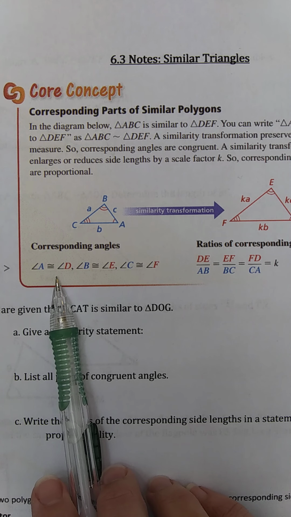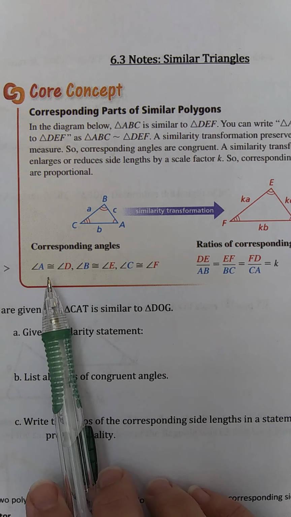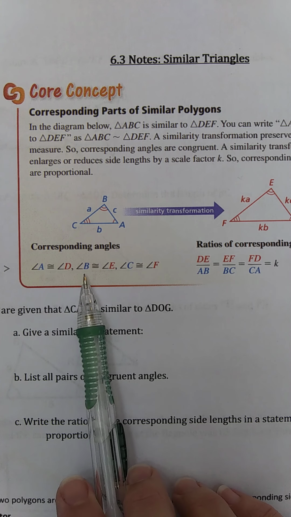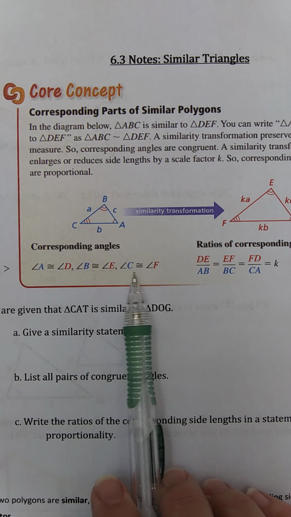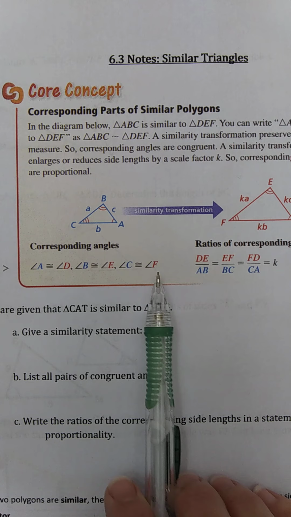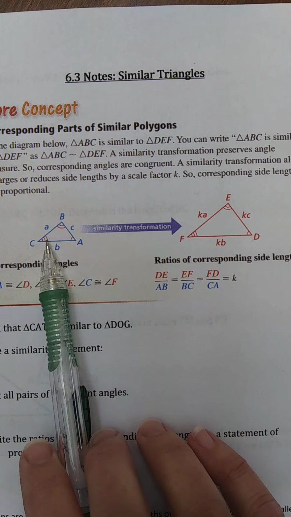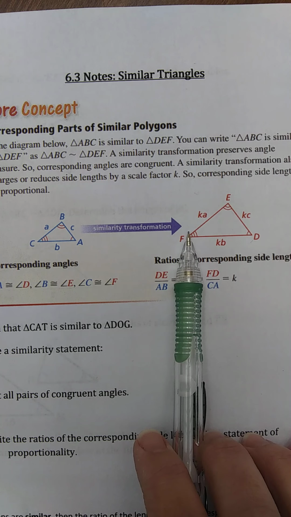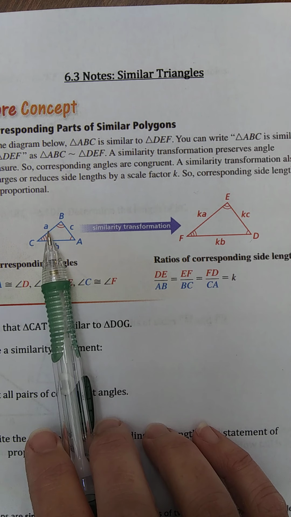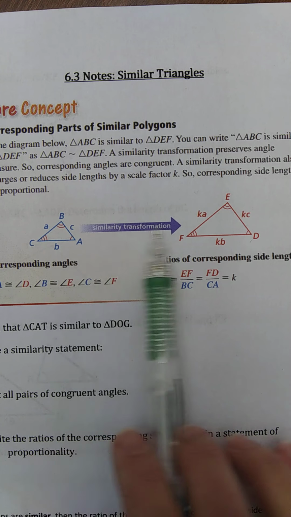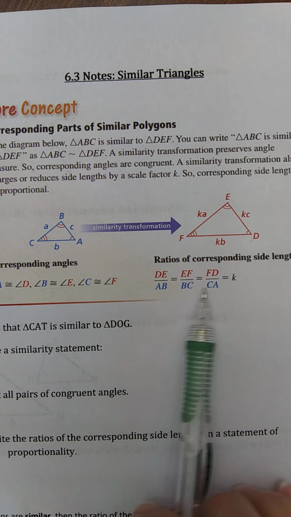So angle D and angle F have the same measure, not A and F, sorry. A and D have the same measure, B and E have the same measure, and C and F have the same measure. Now the sides, however, are not equal. We can see we took A and we multiplied it to make it KA. But they are proportionate. So each pair of sides, if we set them up as a fraction,